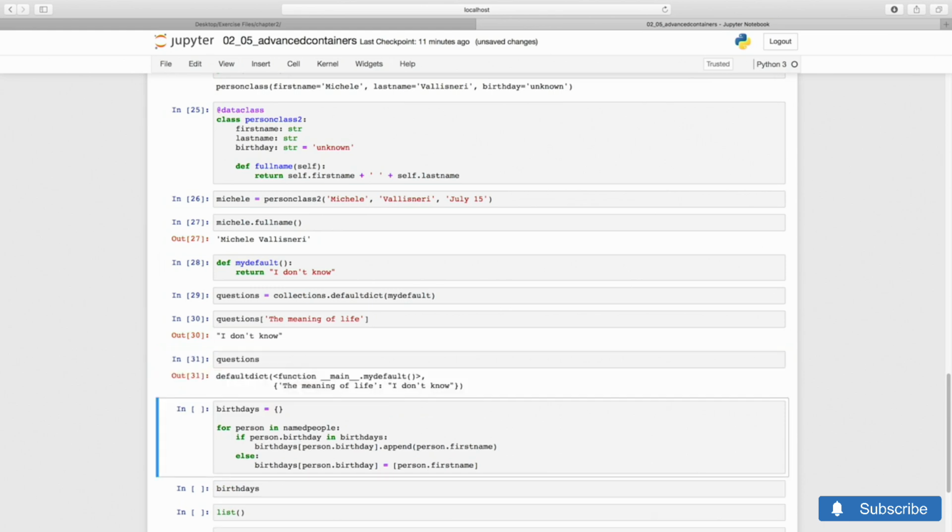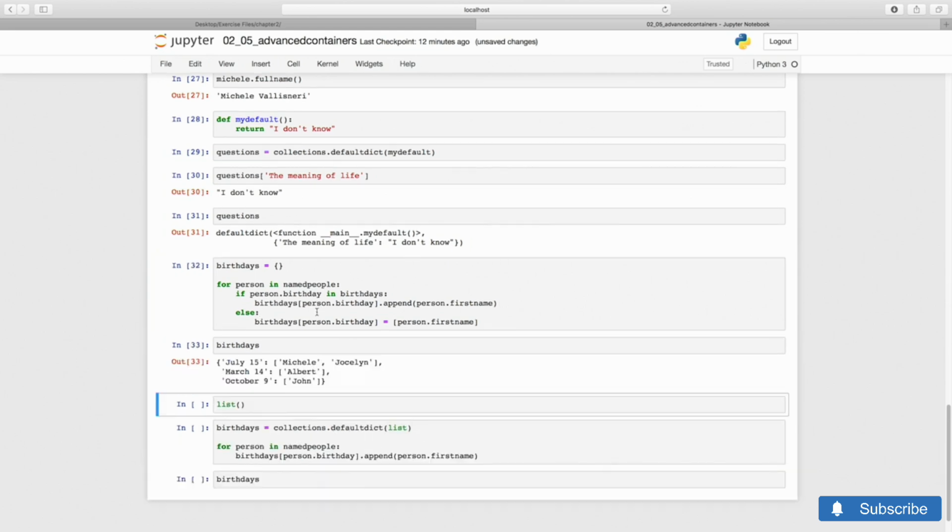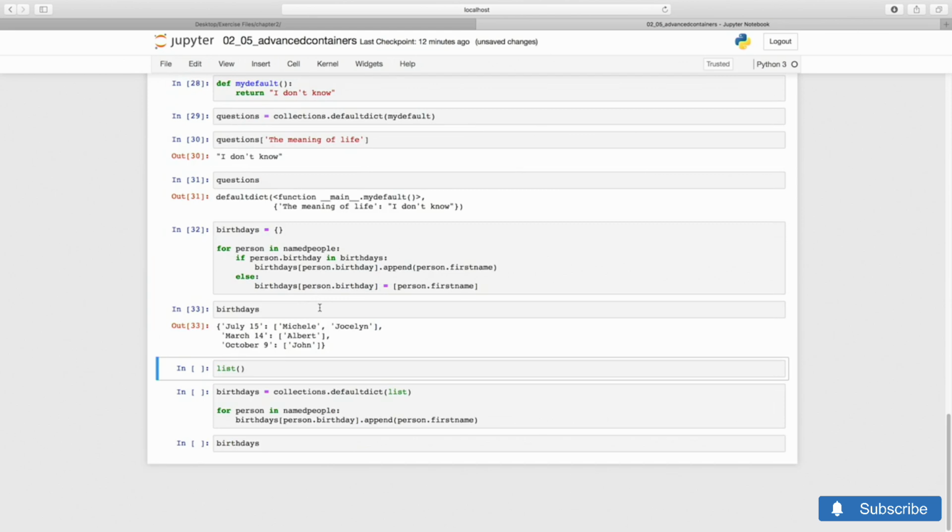This makes defaultdict useful when we want to build a dictionary where each key can correspond to a list of items. Let's make an example based on birthdays. With standard dict, we will need to write code that behaves differently if the birthday has been seen already, in which case we can append to the list of people with the same birthday, or if the birthday has not been seen, in which case we need to create a list with one element. That is quite inconvenient. The repetition of code is annoying and prone to bugs.